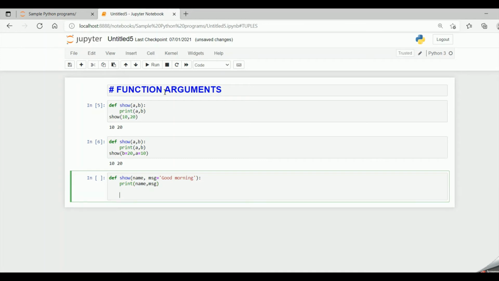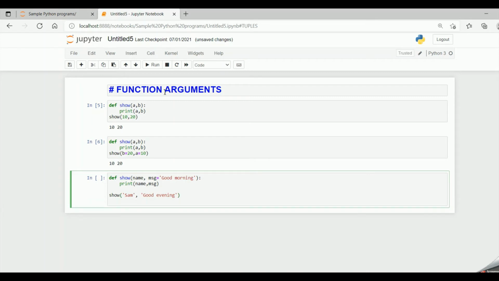Now let me call the function, show Sam. Let me show one more call statement which is having only one parameter.